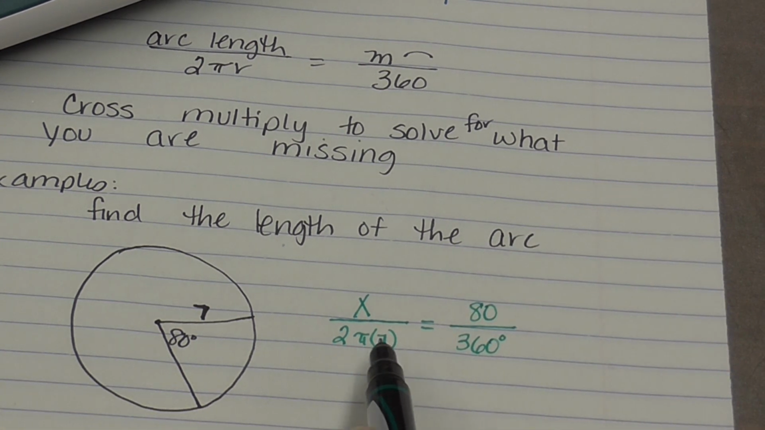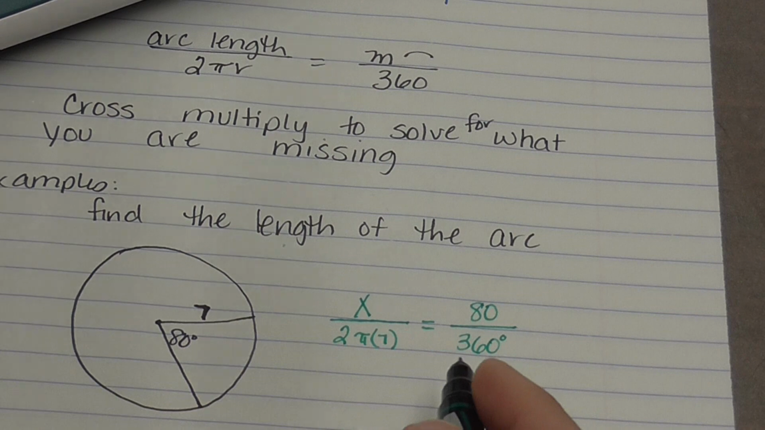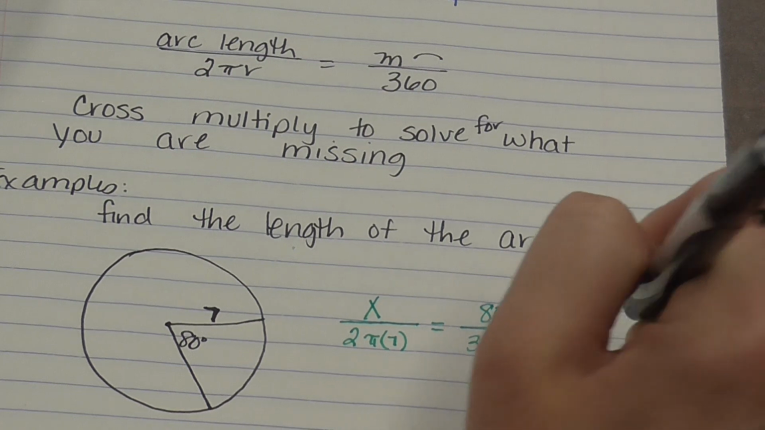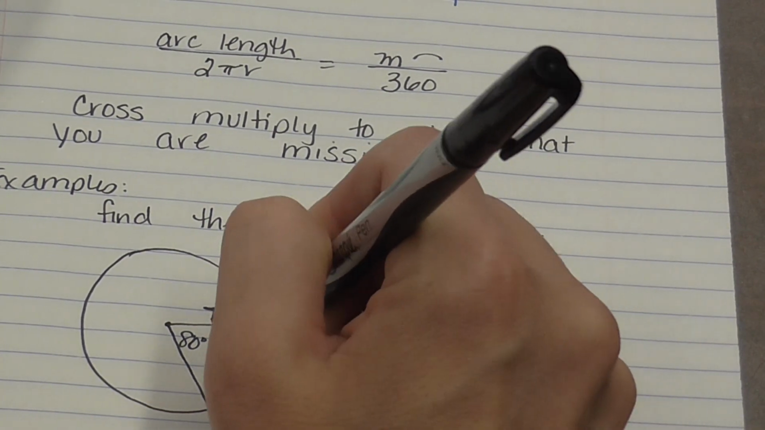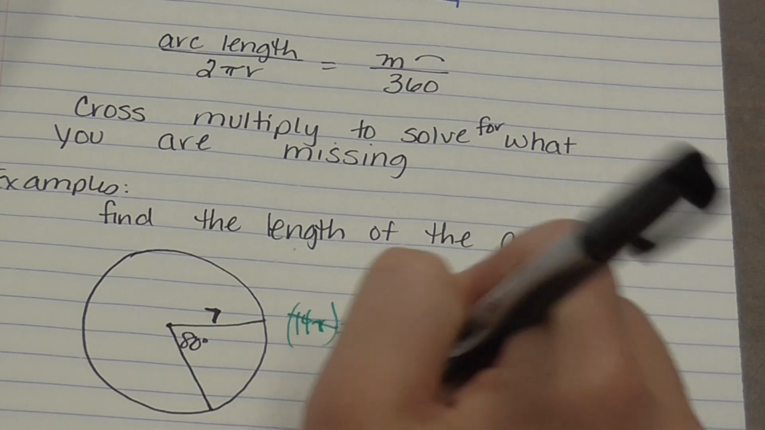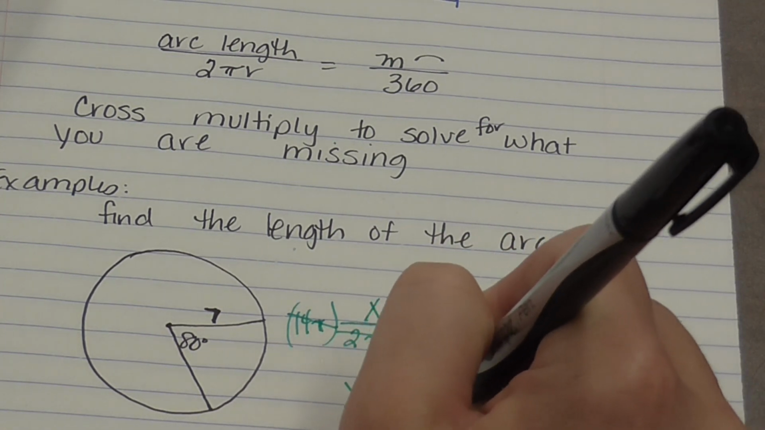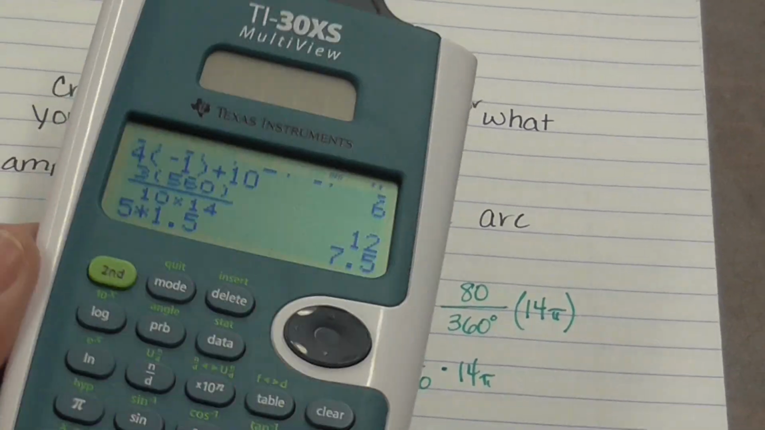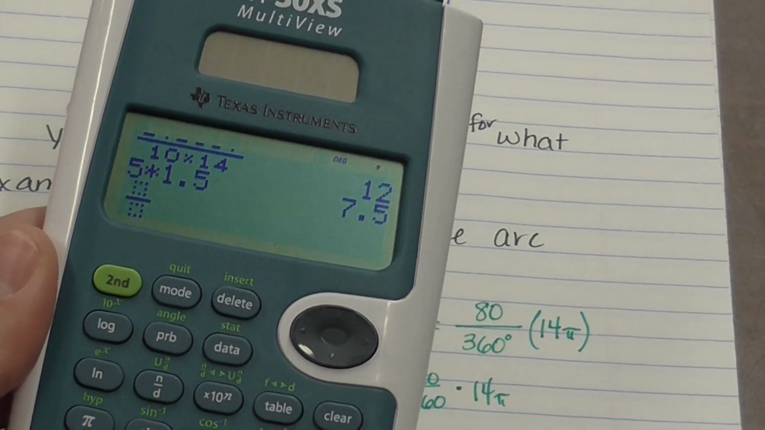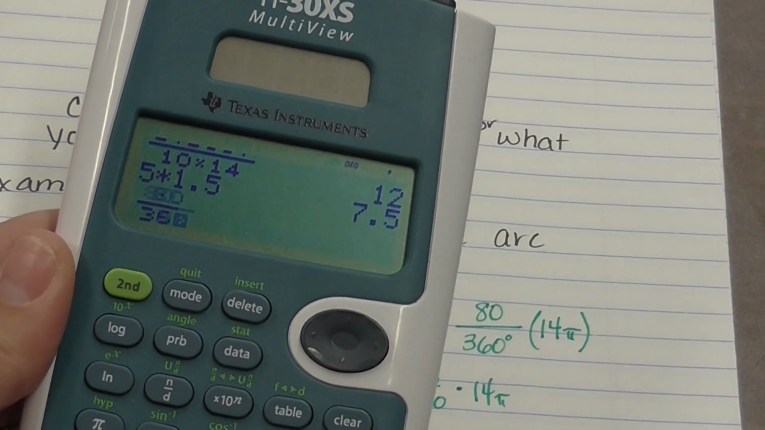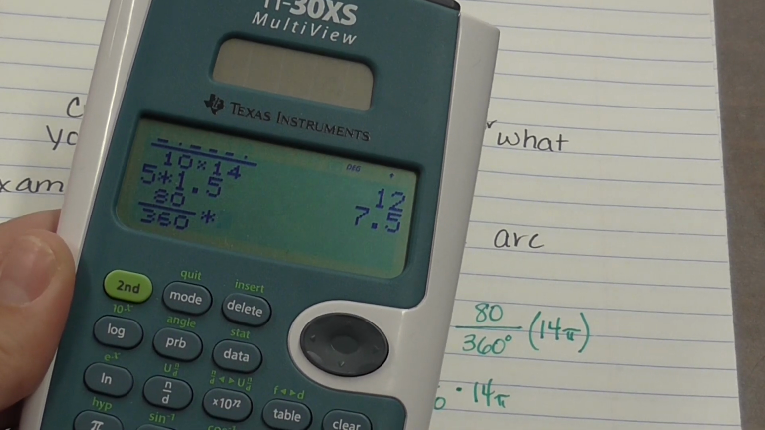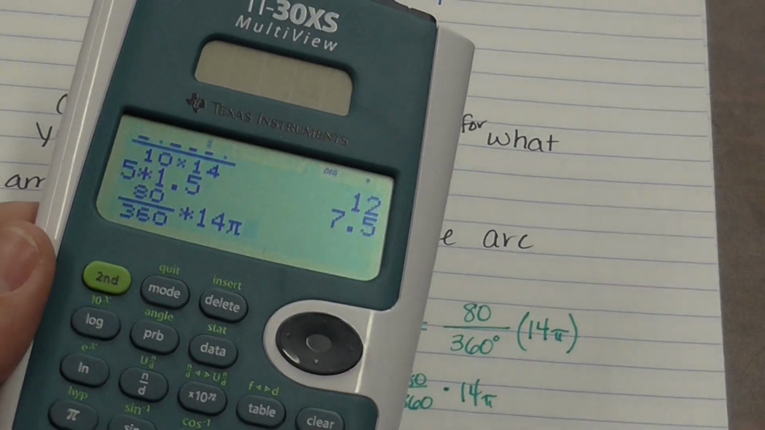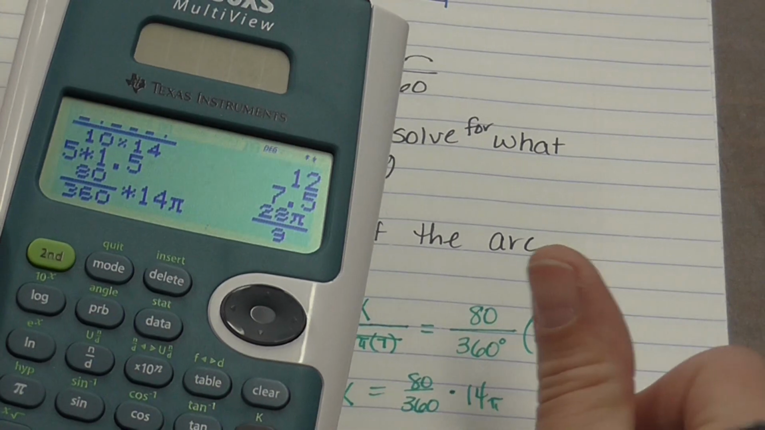Now to get x by itself, I'm just going to multiply both sides by 2 pi times 7, or 14 pi. So I'm going to multiply this over here by 14 pi and multiply this over here by 14 pi. This cancels out. So x is going to equal 80 over 360 times 14 pi. I'm going to plug that into my calculator. I press my fraction button to get my 80 over 360, come out of the fraction, and multiply that times 14 pi. So it's set up in my calculator exactly as it is on my paper. I'm going to hit enter and I get